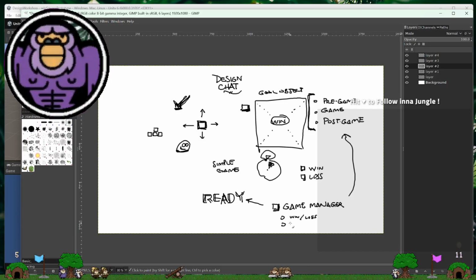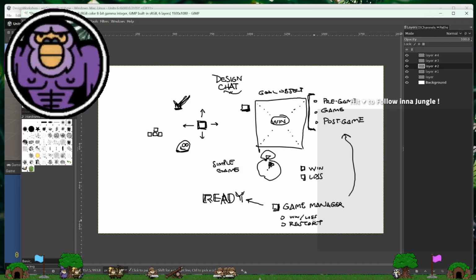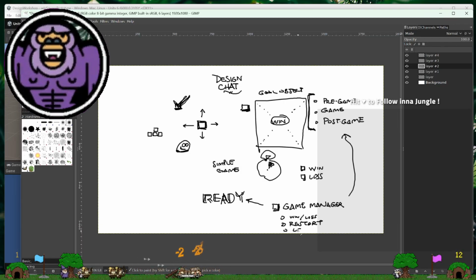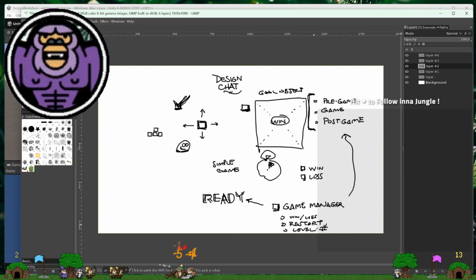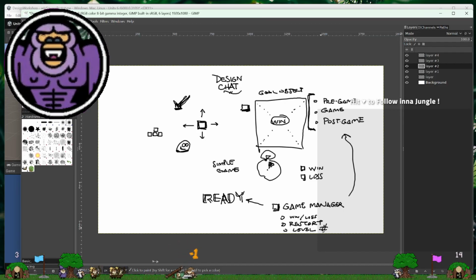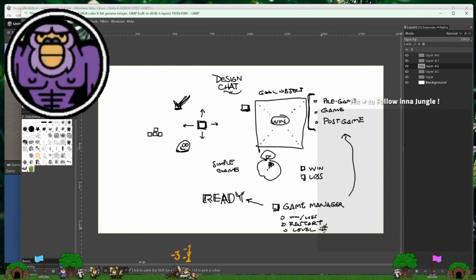It could be in charge of restarting the game, or knowing what level you're on, right? I don't know. What number of level you're on or something? Because we might have multiple levels, right? Like level 1 was the easy one, right?